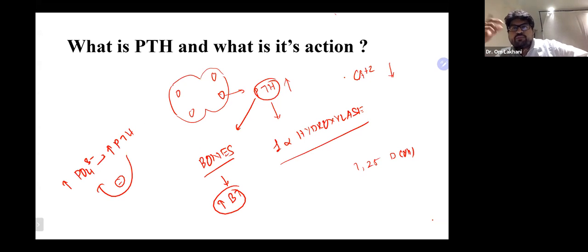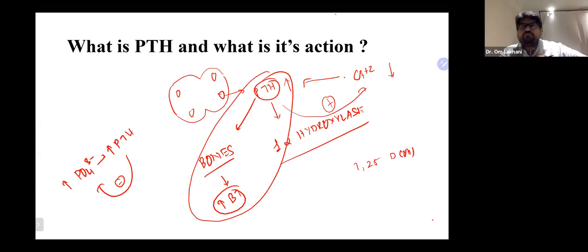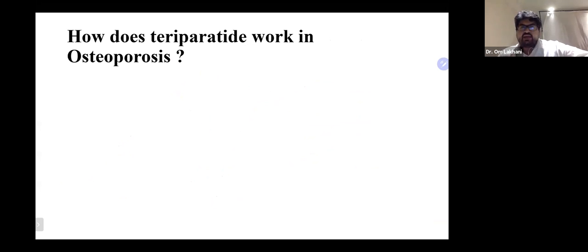But there is an opposite action in calcium. Reduced calcium increases PTH, and increase of PTH increases the serum calcium level. So there is a differential action of this. This is how the parathyroid hormone works. What we'll be focusing on is the action of parathyroid on the bones. So let's think about it.